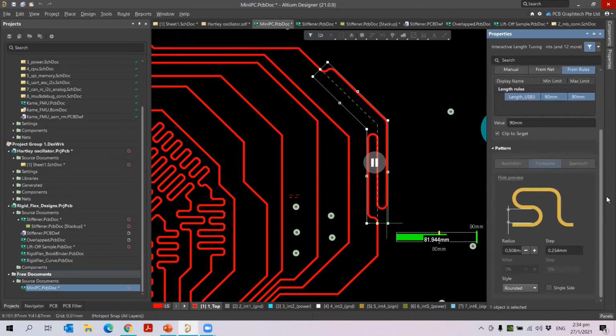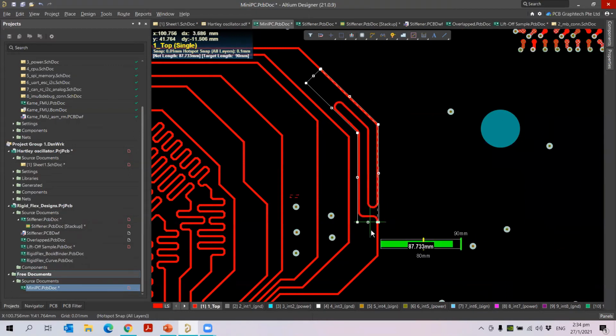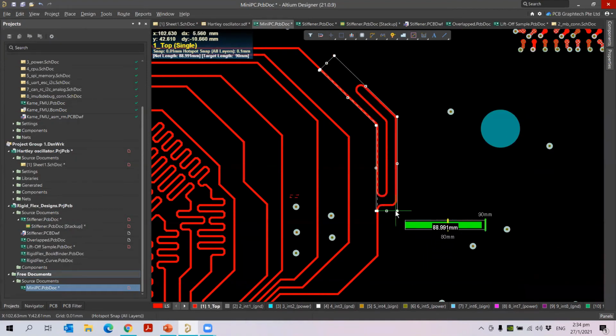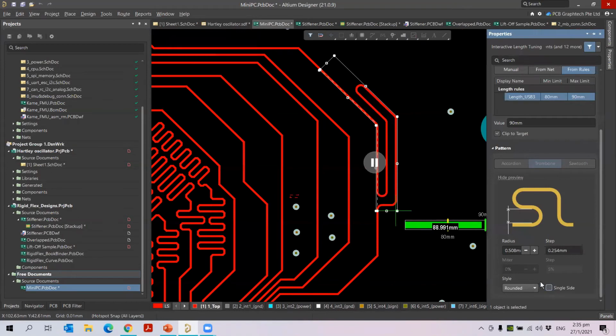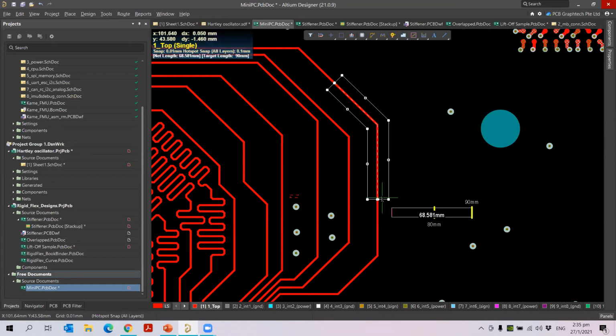You will see the properties here. Under the properties, you can choose the trombone style, or if you want single side, you can choose single side. When you choose single side, the trombone will be available on one side only, either the positive side or the negative side. It will not be available on both. So you need to choose the side which one you want. Let me change this to single side again, and then I try to place it here. Then you can adjust your trombone, drag it, and move it however you want.